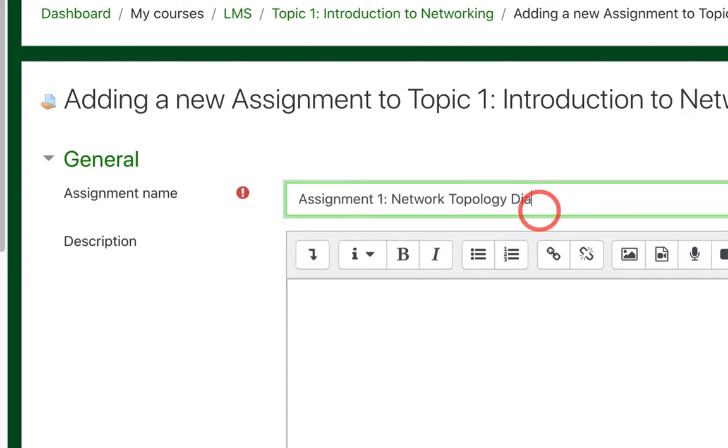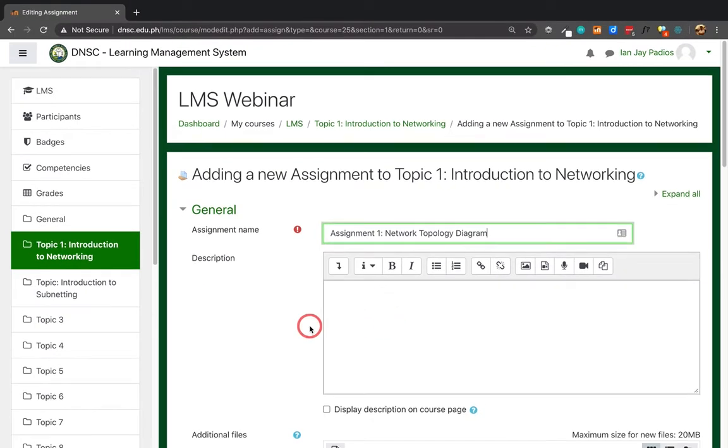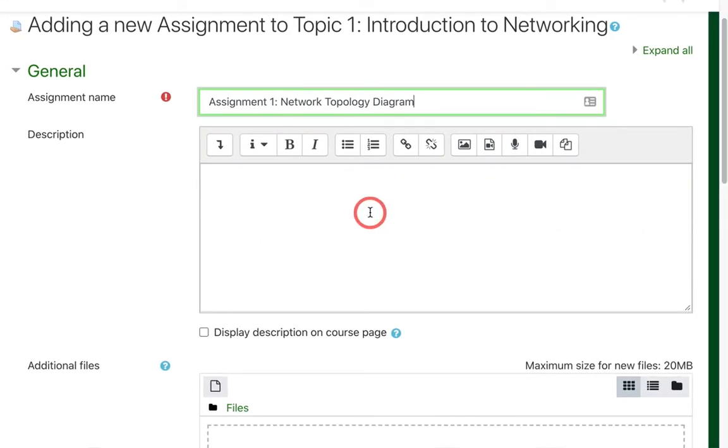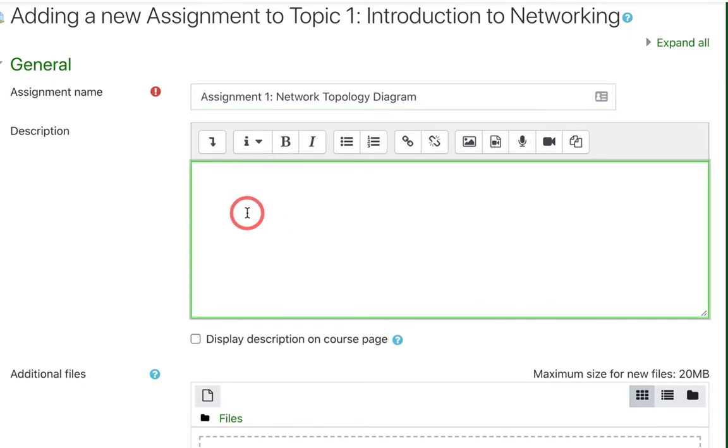Example. Then you need to put the description of the assignment. In this description you can explain the details regarding the assignment and how the students should comply and submit the assignment. So example,